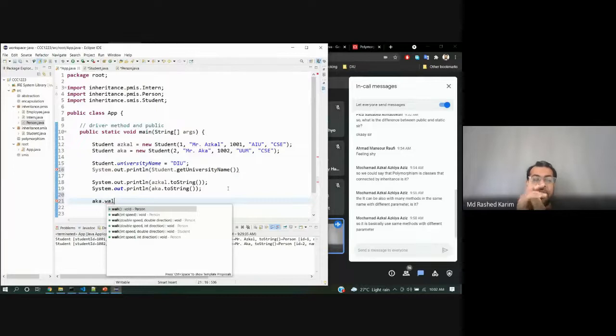This first one is from person because it is inherited. The second one, with one parameter, is also in the person class. The work double is also person. The double integer is a person, but the integer and double method is inside the student class.